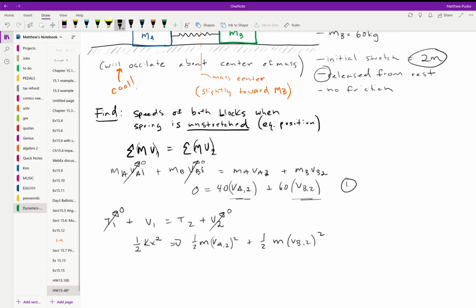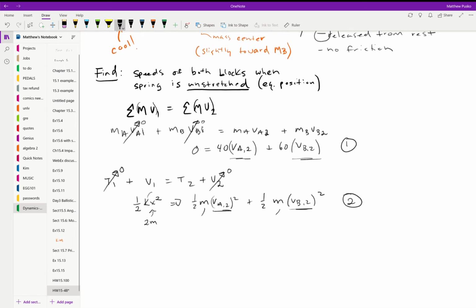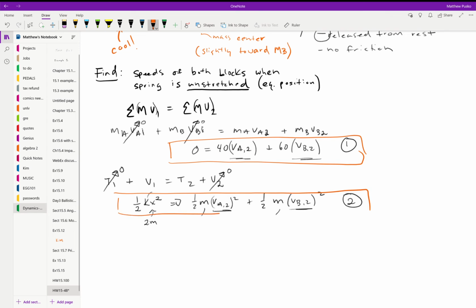What do we know? We know that this stretch is 2 meters. We know the masses. We know k. We do not know these, but we have another equation. So let's call that equation 2, using equation 1 and substituting into equation 2 however you would like. 1 into 2